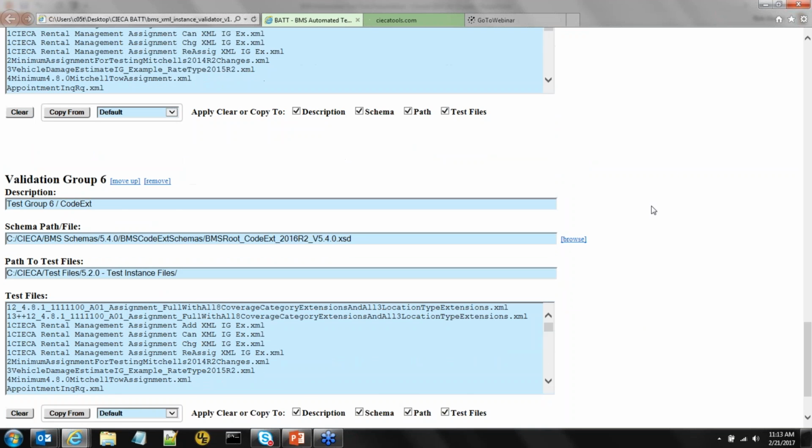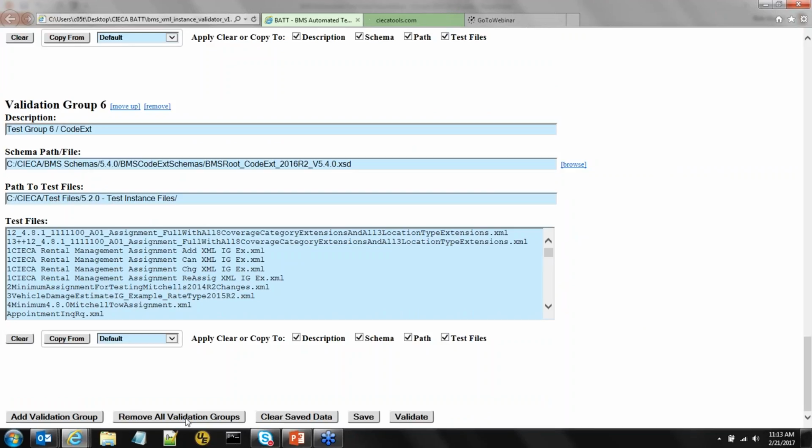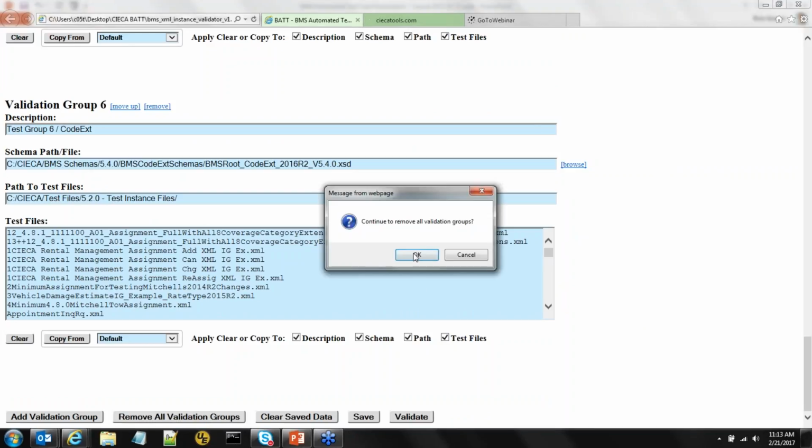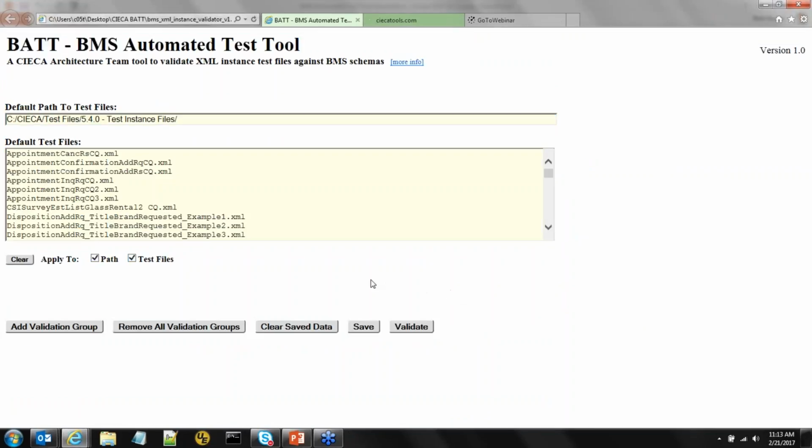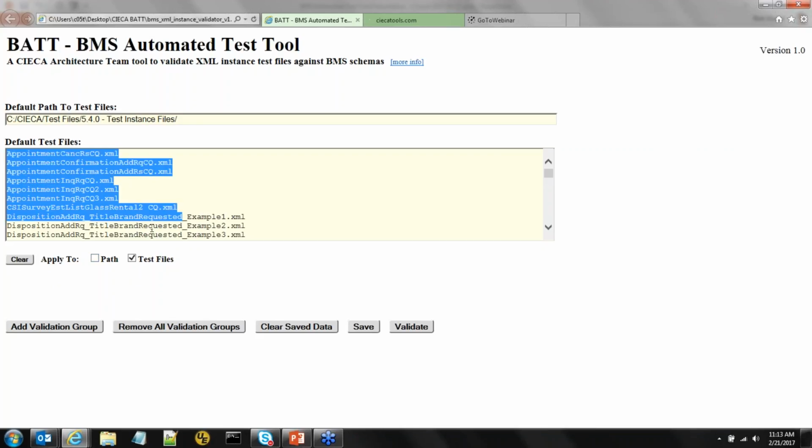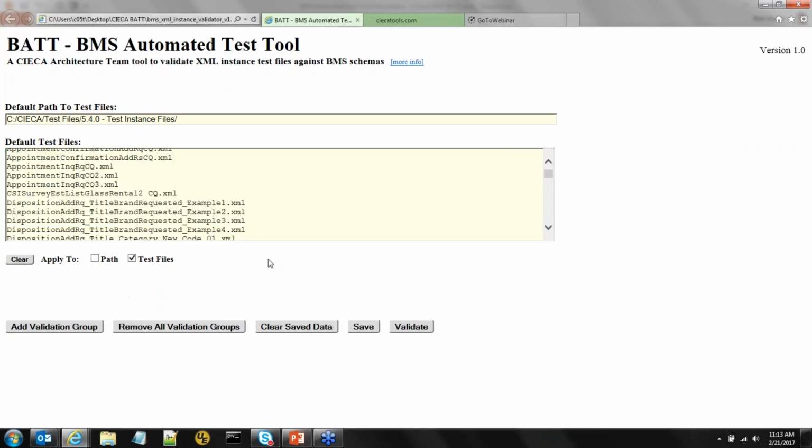And I'm going to start that by removing all 6 validation groups. Continue to remove. Okay. So all 6 validation groups are gone. I'm also going to clear the default section too. Now, right now, if I clear, it's going to apply to both the path, which is this right here, and also applies to test files. Now, if I want to clear just the test files, the test files box is checked,